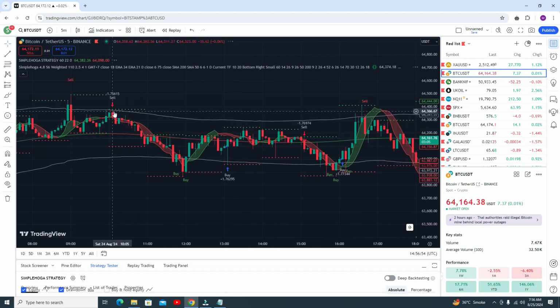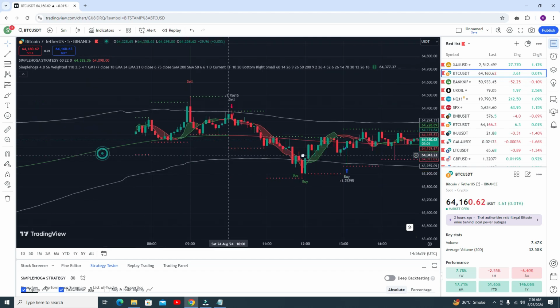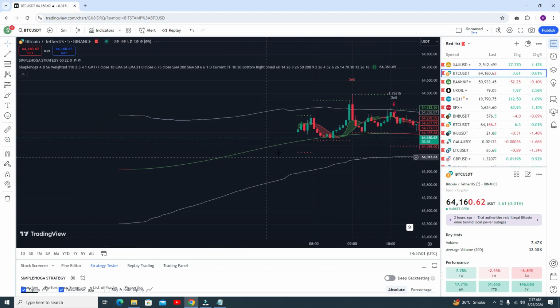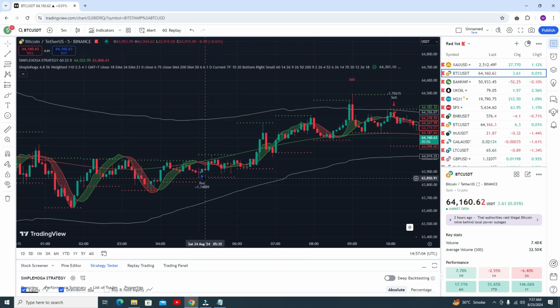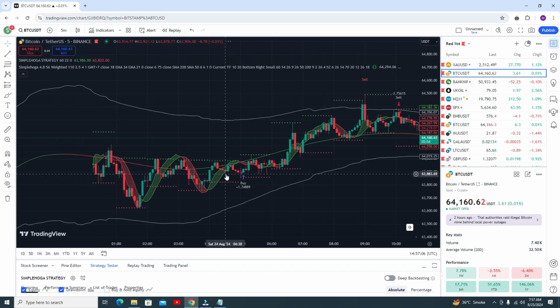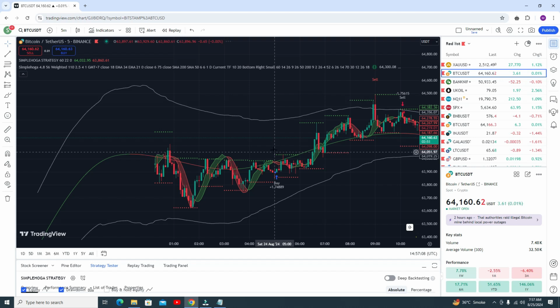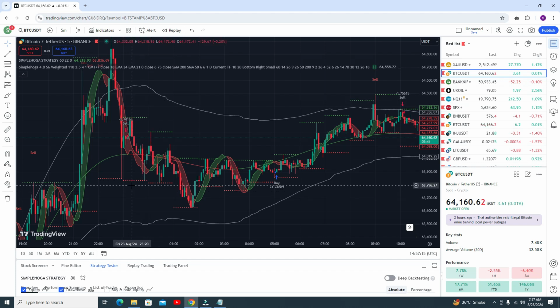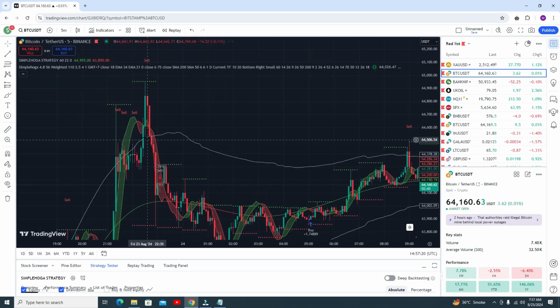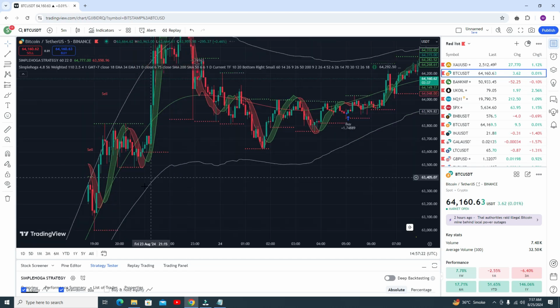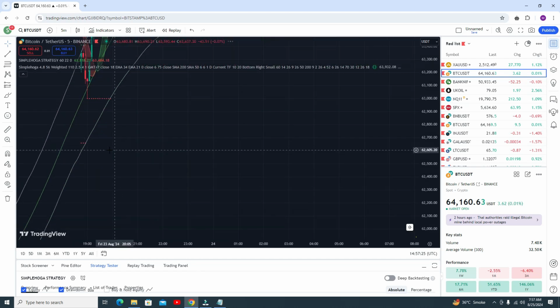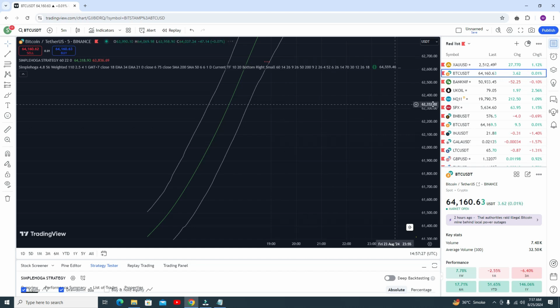Here you can see this is a perfect sell position, and you got amazing profit. You can go for the buy position, but I recommend you go for a sell position or buy position when the signal is very close to the upper band line or lower band line. Like this one you can go, but if you get a signal like here that is far away from the upper band line, then you have to ignore it.